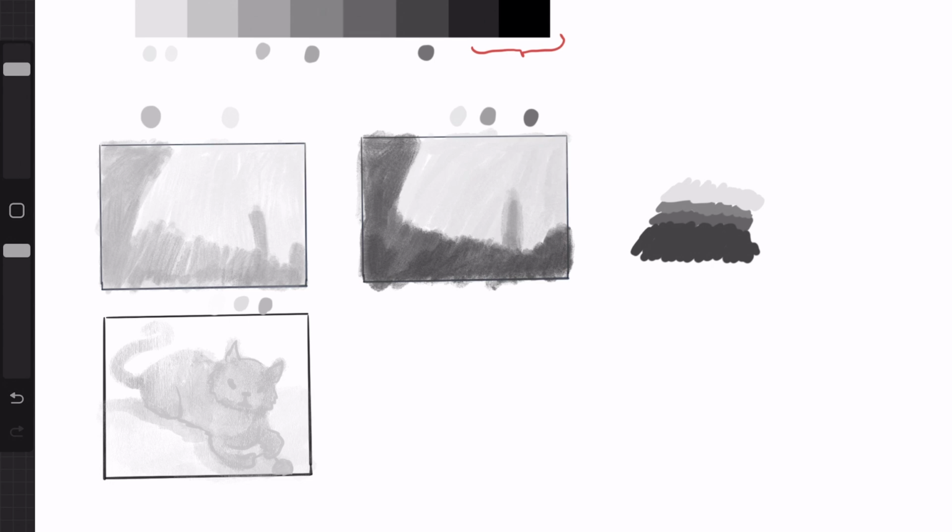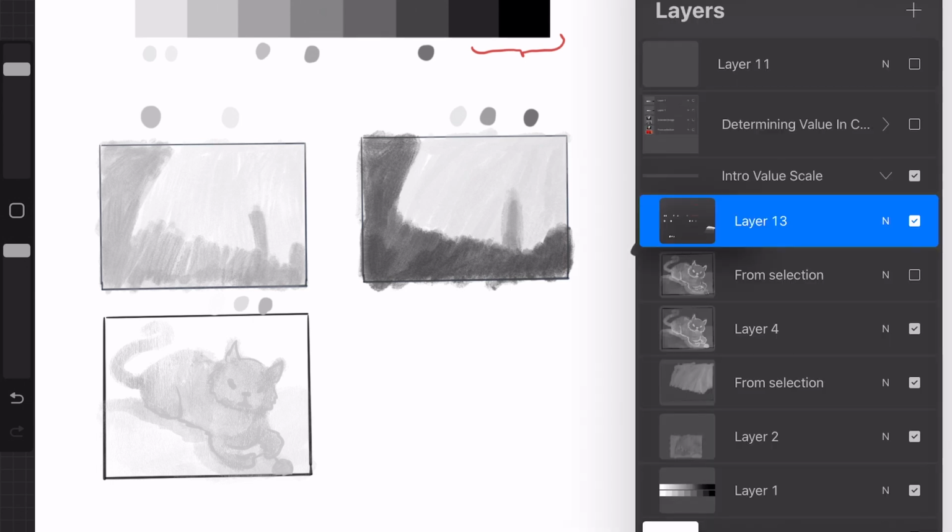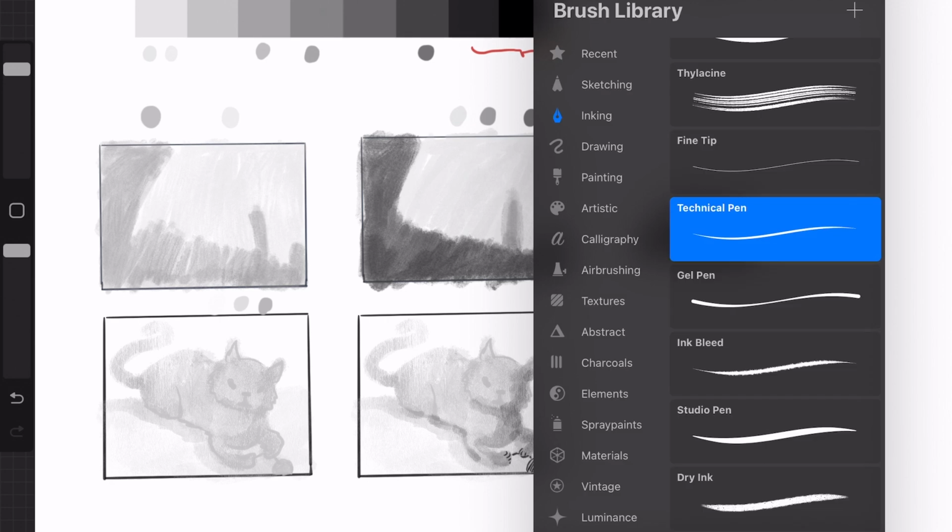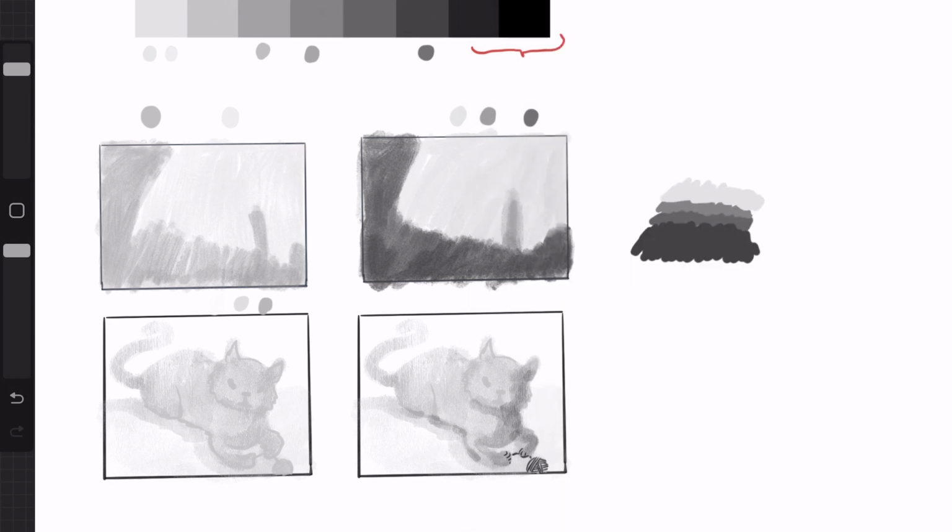So you guys can see, we've got this little cat here. Now, this could just be a very high-key image, and that's great, but it doesn't really have a focal point, even though we want to look at its face and what's closest to us. That seems like that's what the focal point should be. So if I put in just a little bit of darkness, so now I'm going to have